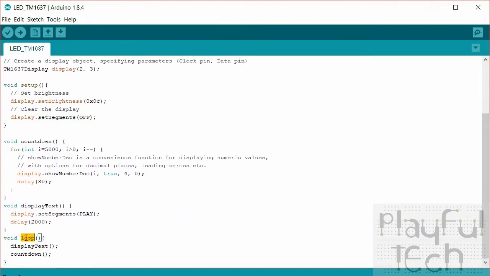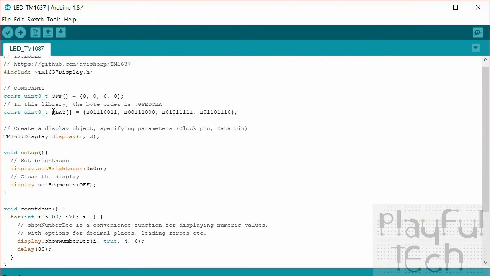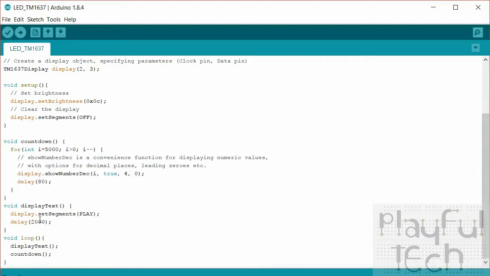And in my loop function, I'm just calling 2 different codes. I'm just alternating between these 2 functions just to demonstrate 2 different ways of using it, really. In the first one, I got display text, and just like when I set the segments to off, here I'm setting segments to play, which was my array that represented the 4 different letters P, L, A, and Y. And I'm going to display that for 2 seconds, and then I'm going to go on to countdown, and countdown